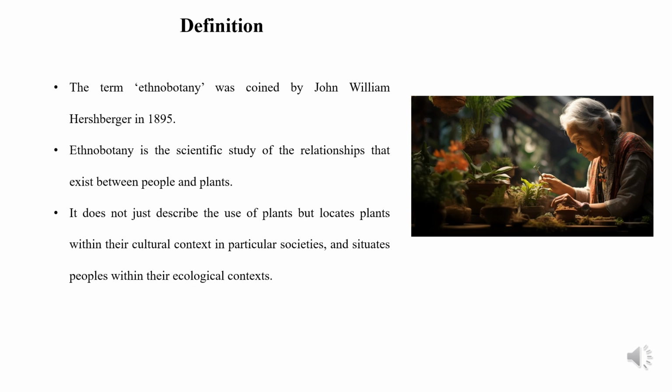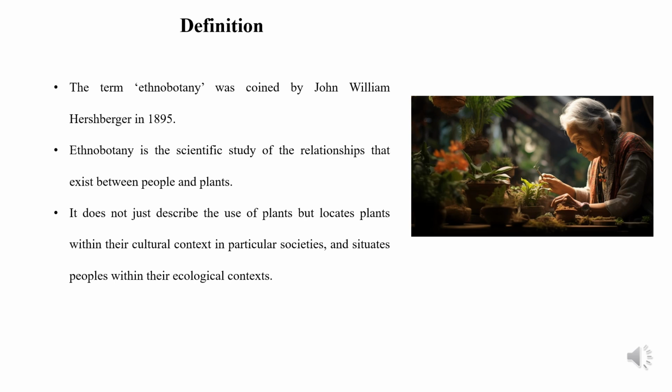It's a multidisciplinary field that involves the collection of local knowledge of plants and their uses, including classification, cultivation, uses, and rituals. It is a complex field that often requires collaboration between experts from multiple disciplines, including anthropology, botany, ecology, pharmacy, linguistics, medicines, and ethnography.